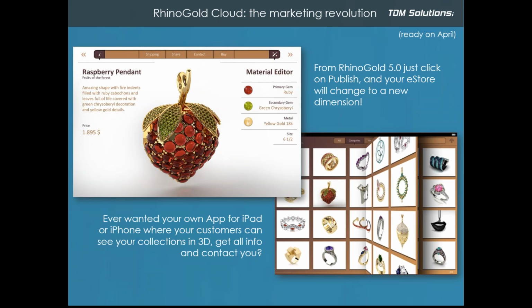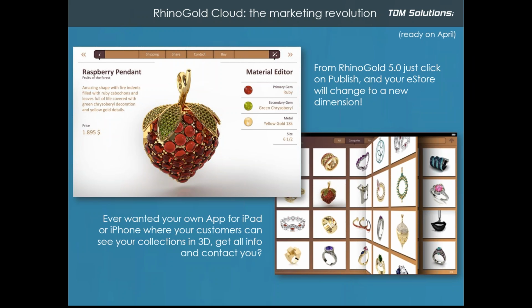The second step is, now we have the cloud, people can model in RhinoGold, publish on the cloud, and we will offer an iPad and iPhone application for your models. In other words, we will create an application for you, and all the models that you want from the cloud will be on this application, with prices, with renders, with categories, with all that you want.